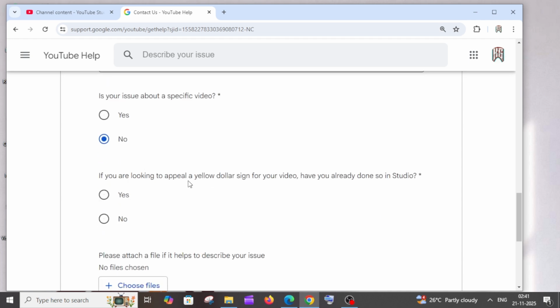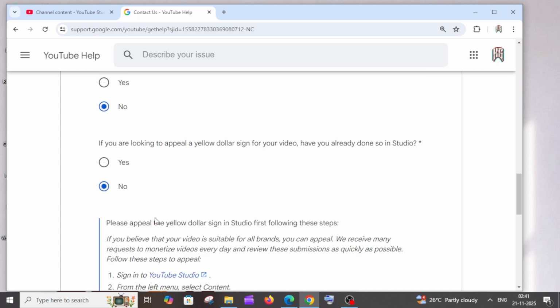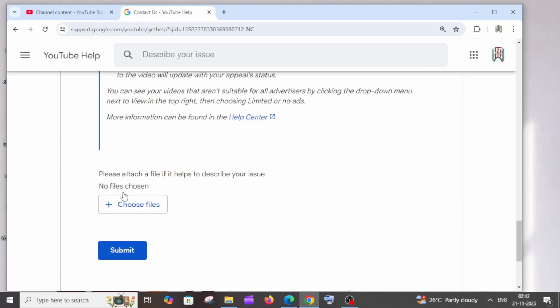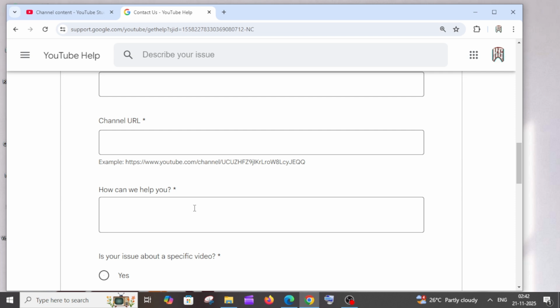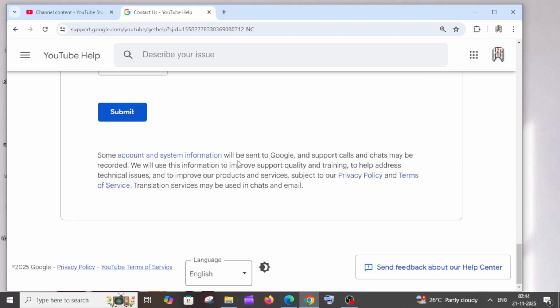If you are looking to appeal for a yellow sign, I'm not, so you just need to click on no. And after that, here we are having, please attach a file to describe the issue. In case you are having any files or images or screenshots, you can simply upload them here so that the support team person can use it as a reference and get more context related to that issue. So just fill it up. Once you are done filling all the necessary information, you can just click on submit,